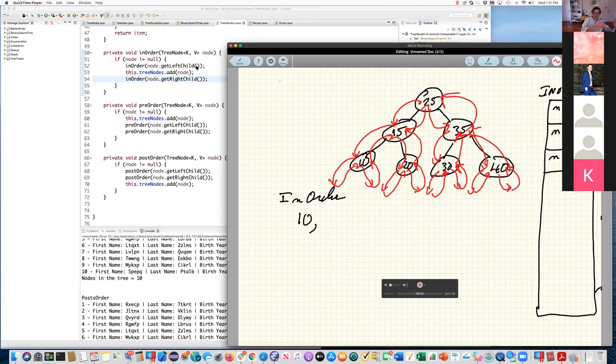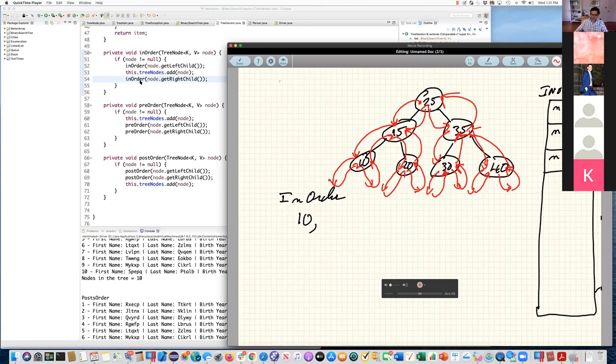Okay, you always visit the left as much as possible. When you're done going to the left, you visit the node, and then you go to the right. That's why the order is go left, visit the node. I'm calling this visit the node. In other words, take the value, put it somewhere, and then go right. So go left, visit the node, go right. That's in order. Okay? So continuing with this, 10 is out.